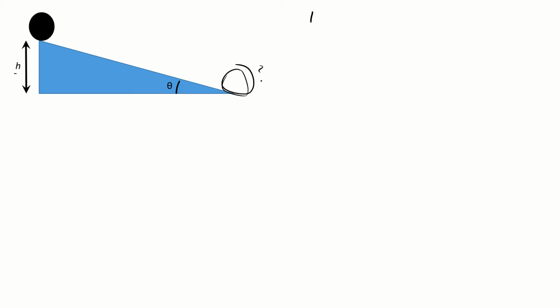We have, at the start, some kinetic energy and some potential energy, and since that's going to be conserved, we have the same total kinetic and potential energy at the end. Since it's a rigid body that's rolling, there's going to be some rotational kinetic energy and some translational kinetic energy. And since there's no springs or anything, all we're going to worry about is some gravitational potential energy, which is just the mg y center of mass. And at the end, we're going to have the same types of energy that we need to consider.